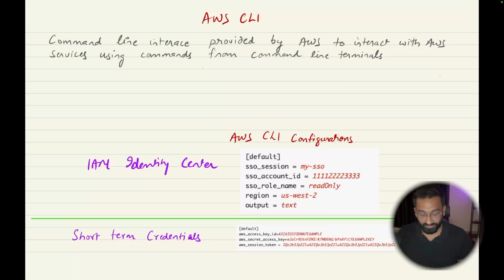So today we are discussing AWS CLI. CLI is a command line interface provided by AWS to interact with your AWS services using commands. From this service, you can communicate with any of the services like S3 or Cognito from your console. This console could be just your local console, as in the terminals provided by your systems,